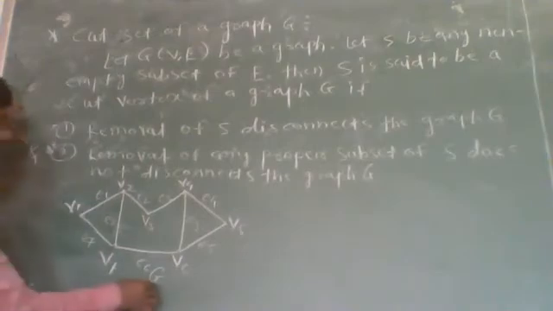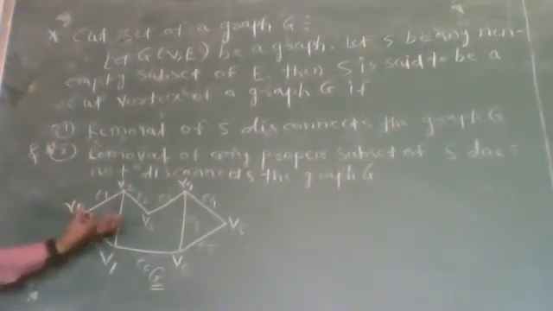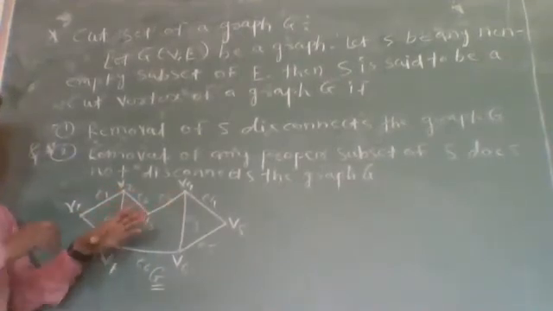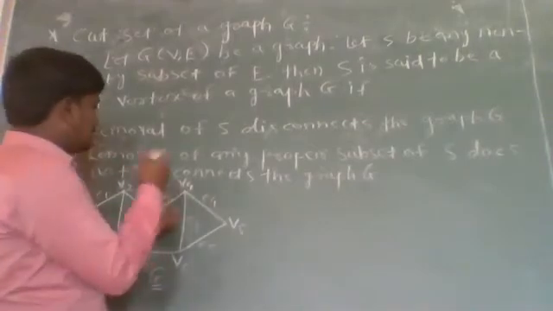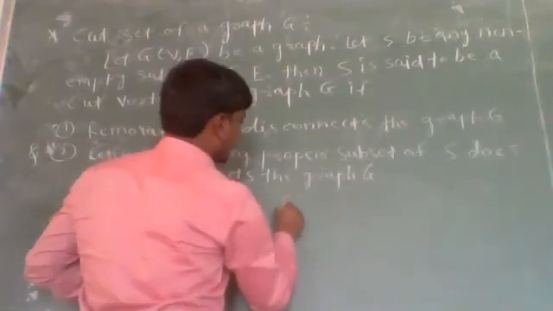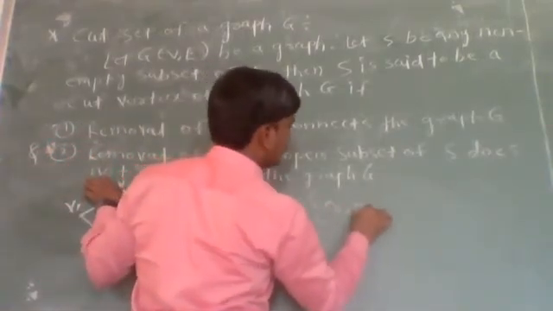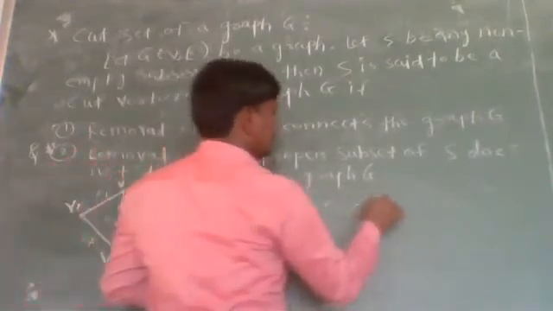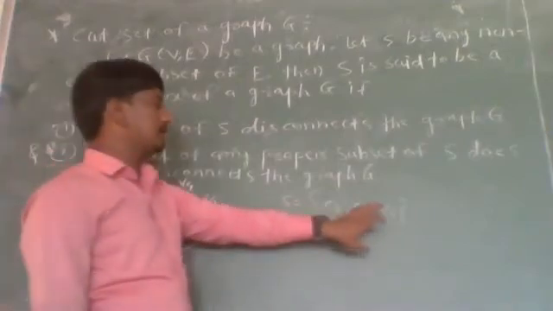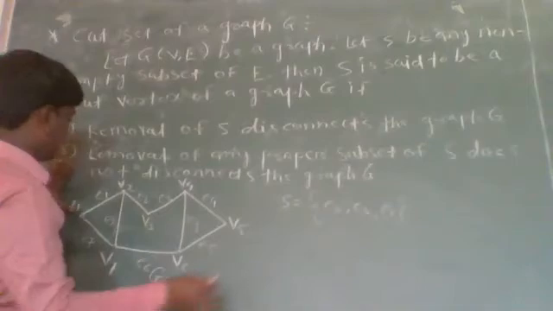So this one is the graph G. Now we have to find out the cut set for this graph G. If we remove any single edge from this graph G, then it does not disconnect the graph G. So we have to remove at least two edges from a graph G. Suppose S equals E2, E3 and E6. If we remove three edges from graph G, that is edges E2, E3 and E6, then we get